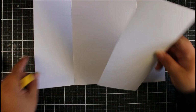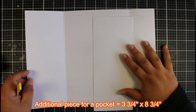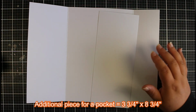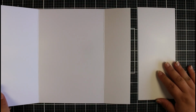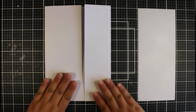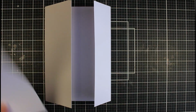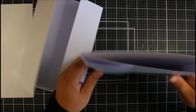So for this one, I trimmed this down to 3 3/4 inches, and then again, the height being the same is 8 3/4 inches. So that will give us that piece inside. So we do need to create one more pocket, but we can do that when we put the folio together. But that is all of the scoring and cutting. You can go ahead then and burnish all of your score marks. So again, we'll end up with something